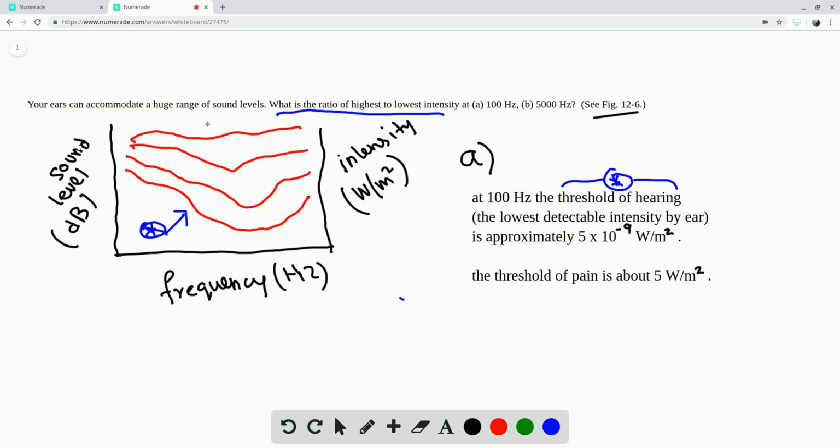And this line right here is the threshold of pain. So let's put a green star over here, and that's our threshold of pain. So that's the range that we have on our hearing. Now at 100 hertz, so let's say